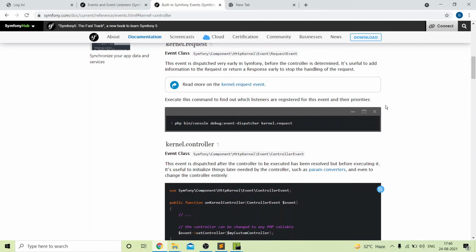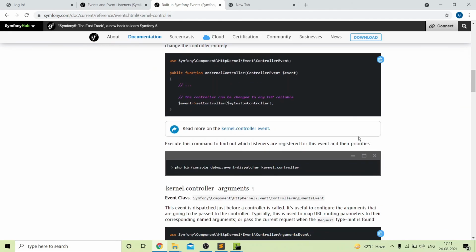Next thing is, as you can see, we have a command to check the registered listeners, and we will get the list of the listeners which are defined. For example, when we run this command, we will get a list of our defined request listeners, and if I run this command, then I will get the defined controller listeners.